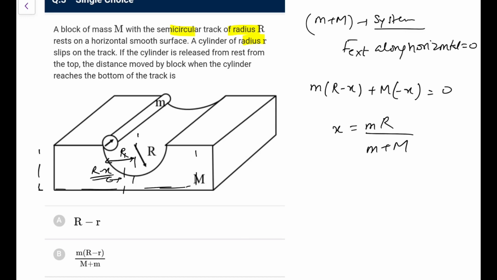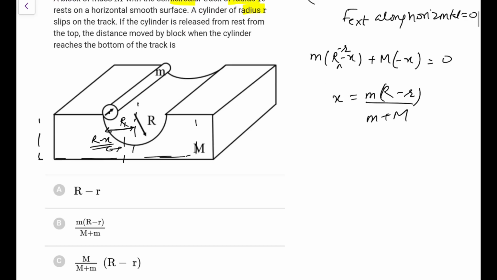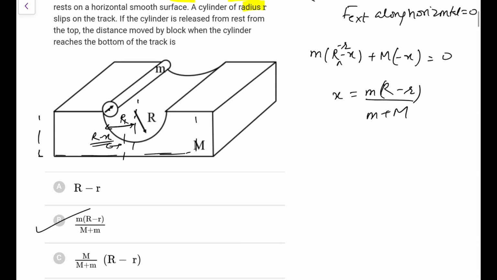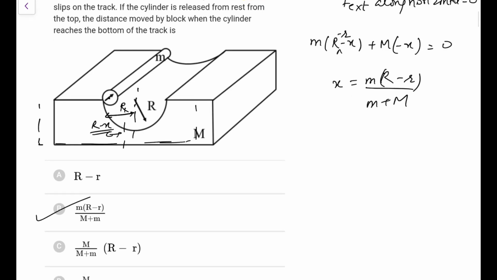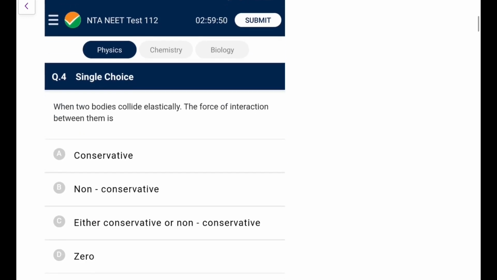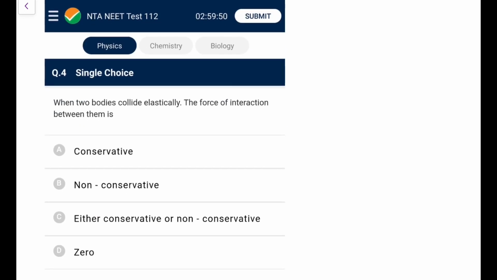And hey, wait a minute, the radius is also given, so it would be, let's say, R minus x, because this would be the center's position. So it would be R minus r. That would be the better option we can go for. So option C will be the most appropriate here. Okay, not C, just look at it, it is small m. So be careful, otherwise you will lose the marks. So option B would be the most appropriate one. And just remember, it would be R minus r here. And also the option that we were getting without considering that was not given.